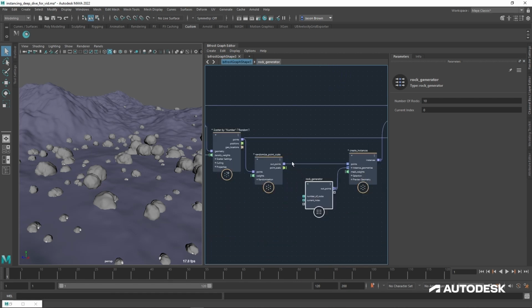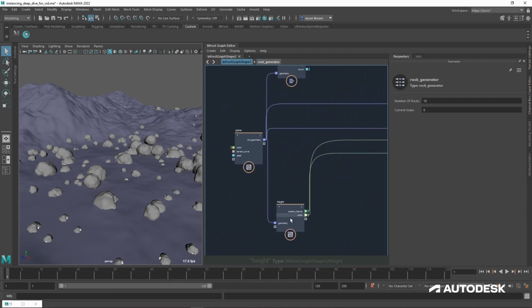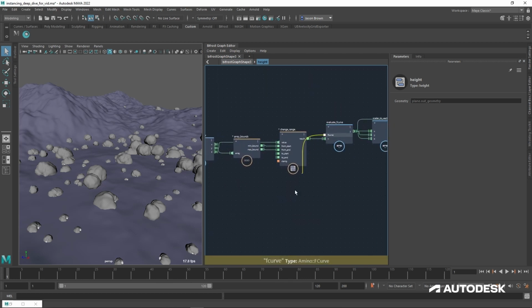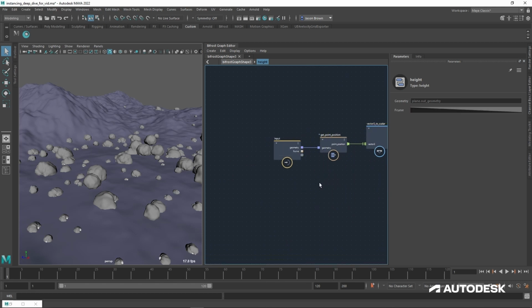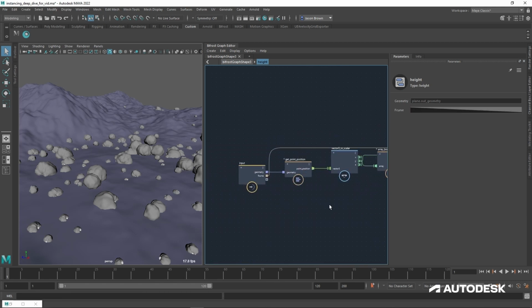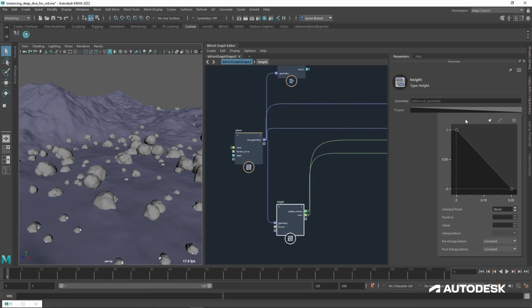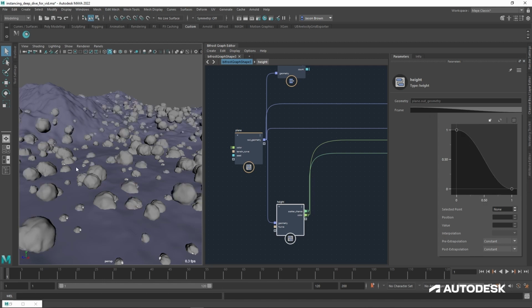And again, what's also nice is I can go even further back in the graph into our height node. Let's just lay that out real fast. What I'm going to do is take the evaluate curve and put that out into the input so I don't have to keep diving in here. And then I can go to the curve on the input node like this, and it's still a linear. So it's still just going, remember this is where the rocks are and where the rocks aren't. So I can get some change out of that by changing that to a Bezier curve. And now they're reaching a lot further up the hill because this has reset itself back to 1. The position we want here is 0.2.